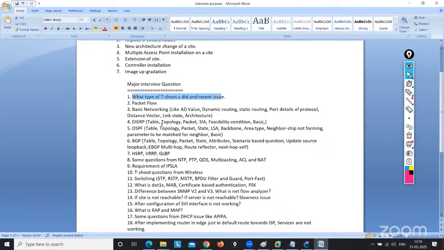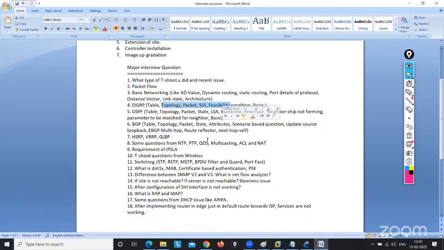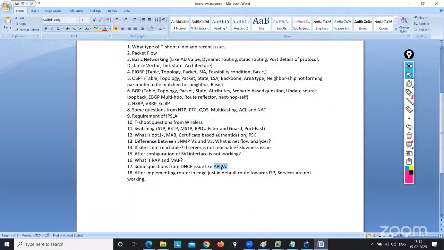And some basic networking, then EIGRP, some questions are written here. HSRP, troubleshooting from the wireless part. But already 1-2 questions I have highlighted in this class. Okay, multiple things. Suppose you have an anchor. Okay, my mobility is not forming. To create the mobility, what type of port do you need to use? Which protocol is mandatory to open in the firewall section? Okay, this type of things I will let you know. And some more things, like the DSCP issue. Someone is getting the APIPA. So what should you follow if you are getting an APIPA IP address?